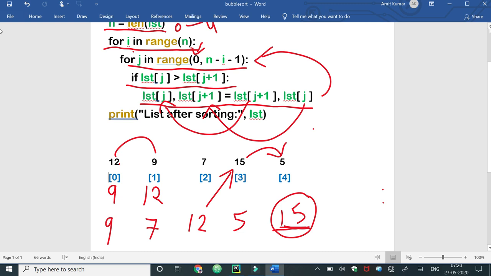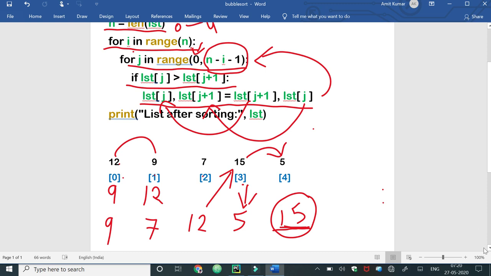So this expression n minus i minus 1, right now the value of i is 1. So 5 minus 1 is 4 and 4 minus 1 is 3. So it will work only for 0, 1, 2 and 3, the third position.